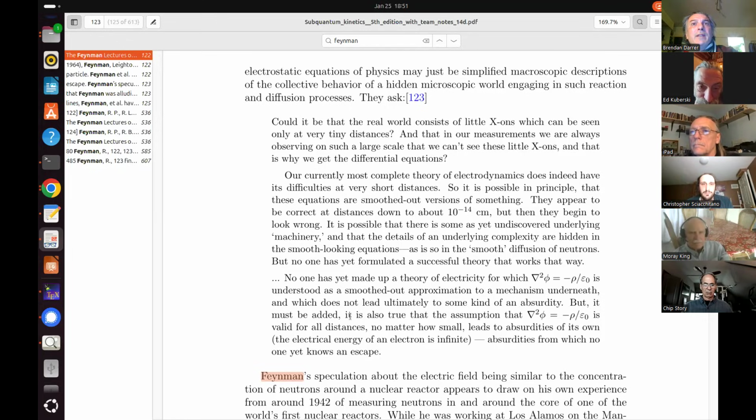But it must be added, it is also true that the assumption that this equation of electrostatics from Maxwell's equations is valid for all distances,